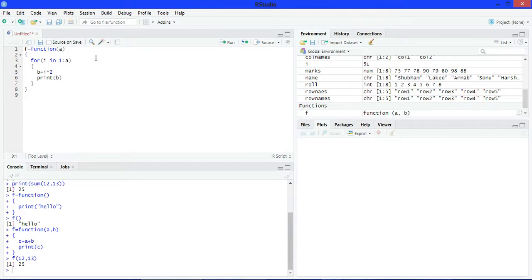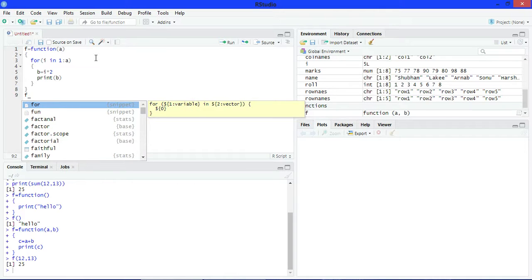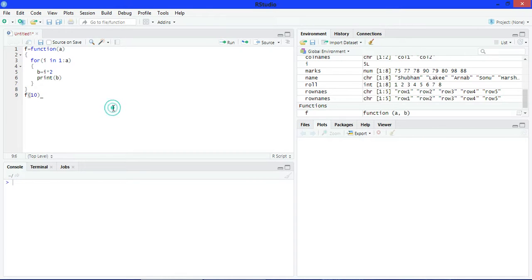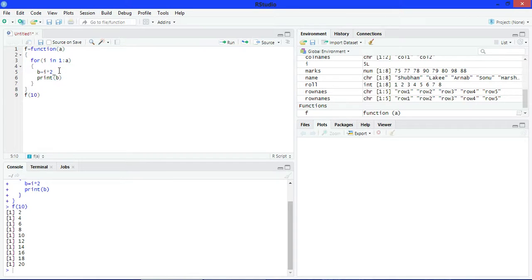Now call the function and pass here 10. Now run it. See, the output is the table of 2. If you want to print the table of 3, then write here 3. Now run it. See, the output is the table of 3.